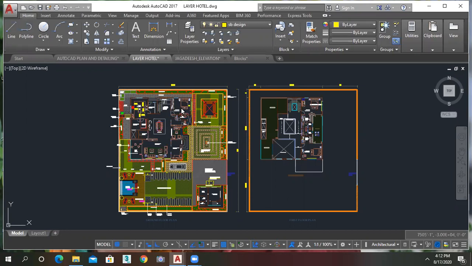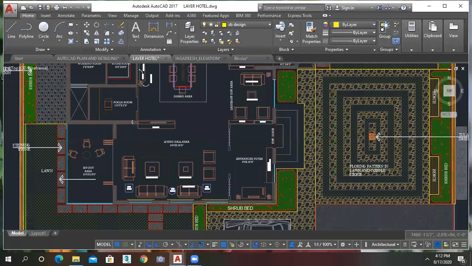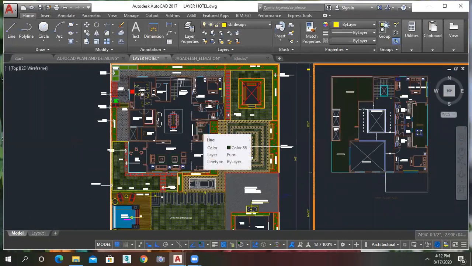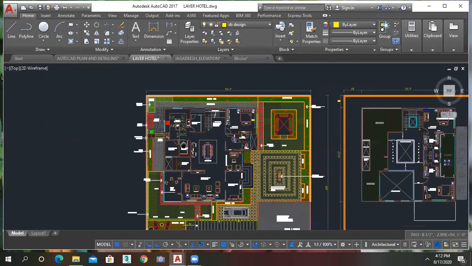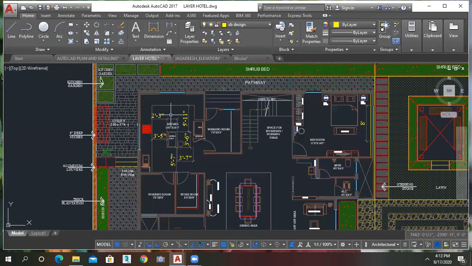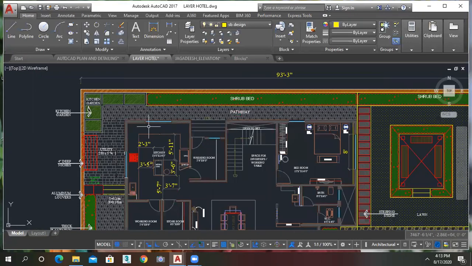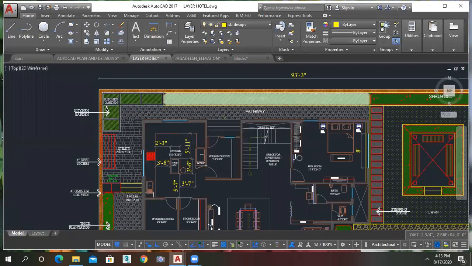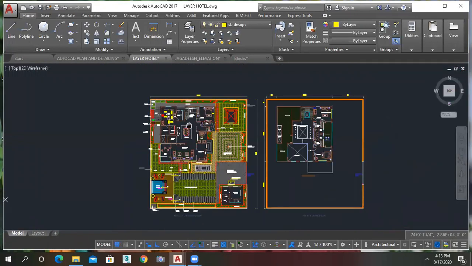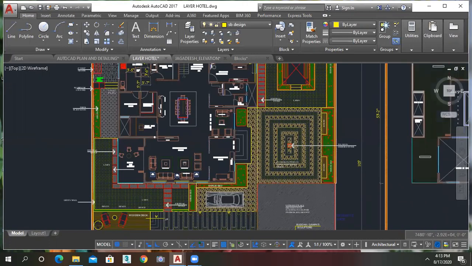So I hope you all know about the layers. Nam madam has told you about the layers, but here I will just repeat once again. Layers are very important to make the plans. Layers are used to distinguish a particular part of a whole drawing. For example, I want to make the wall and the grass separate. Layers are used to differentiate particular parts of a whole drawing.